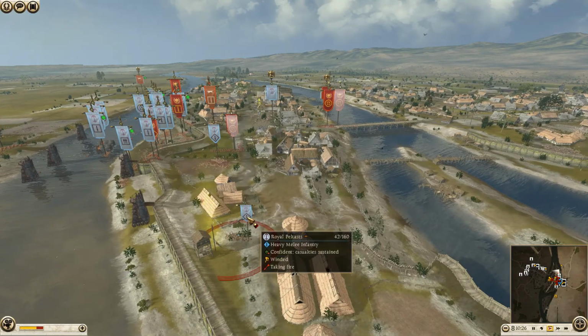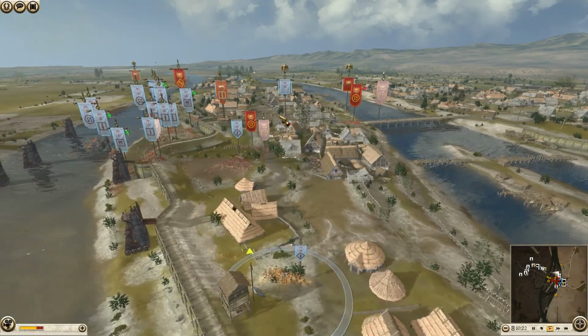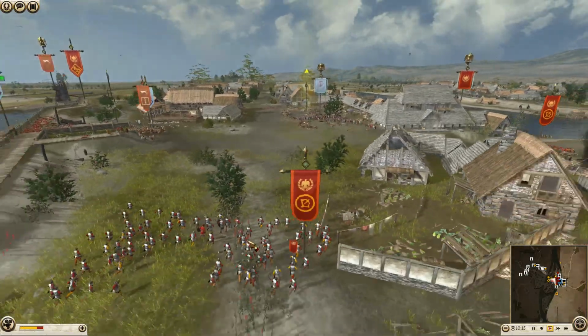Dan did move a unit of his Royal Peltas over here that were victorious, pulling over here and trying to silence this tower and get it into his favor. Unit of Royal Peltas now chasing down a unit of the auxiliary Syrian archers who...